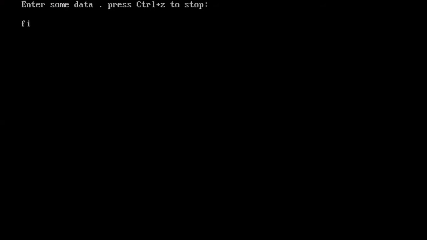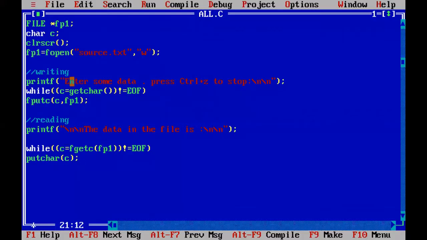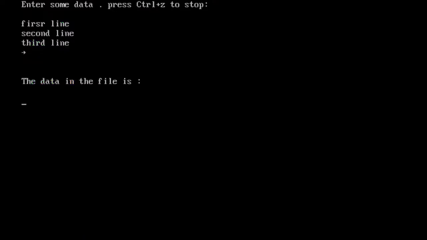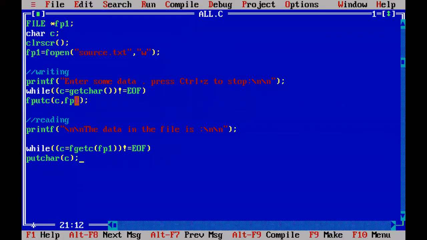So I am writing first line, enter, second line, enter, third line, enter. Now you press Ctrl Z to stop the iterations. Now you see the data in the file is not printed, because whenever you write the third line, the file marker position is at the third line ending.